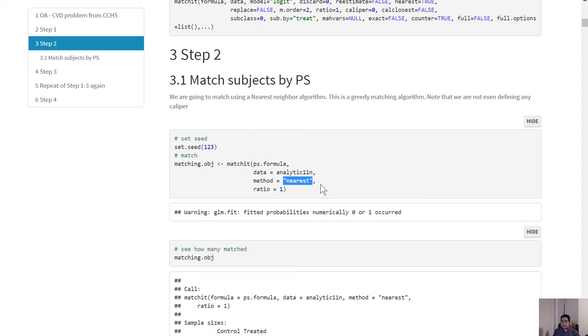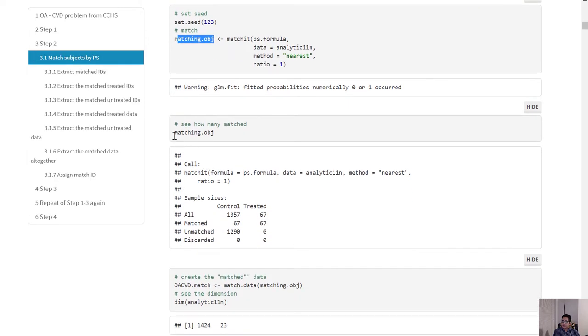Otherwise, by the nearest neighborhood algorithm, if there are two matches that are possible, it will randomly pick one, and that's why you need this randomness check by setting the seed. Alright, I am using the matchit function, and I created this matching object, and this matching object is very important